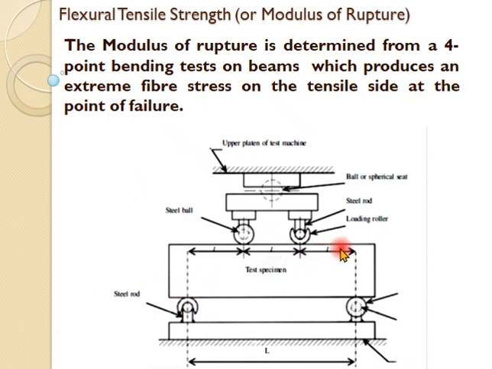During the test, the extreme fiber at the bottom will have tensile forces acting on it, and the compression forces will act on the top fiber of the concrete specimen. And this test is very important when concrete is used for the pavement of airports, where the impact load from the airplanes